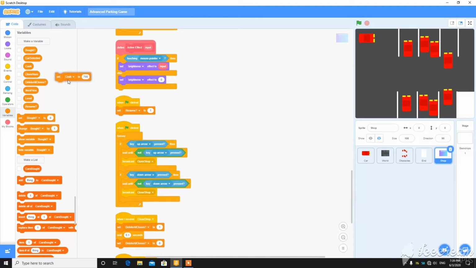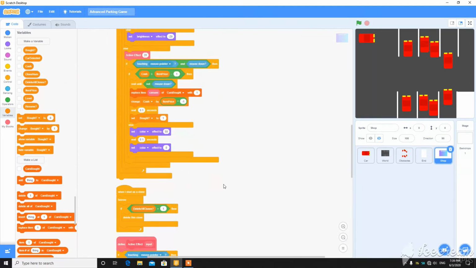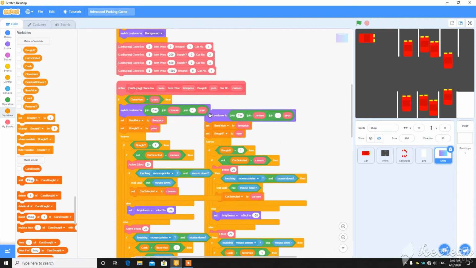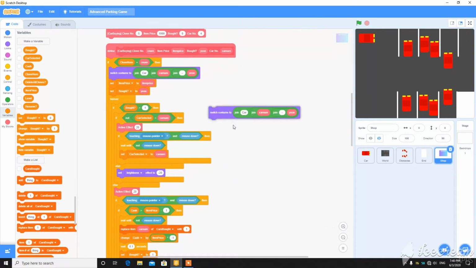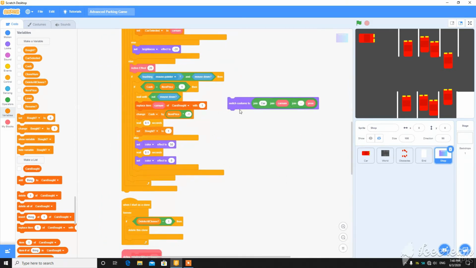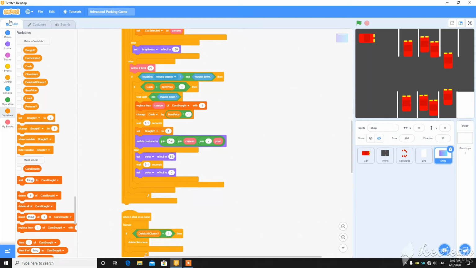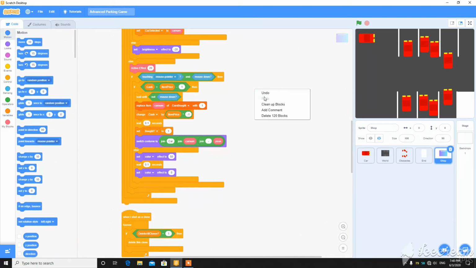So to make the thing work, you can duplicate this thing, switch to costume, and then put it here again when the bot is equal to 1, and put this here, so it will change the costume to owned.